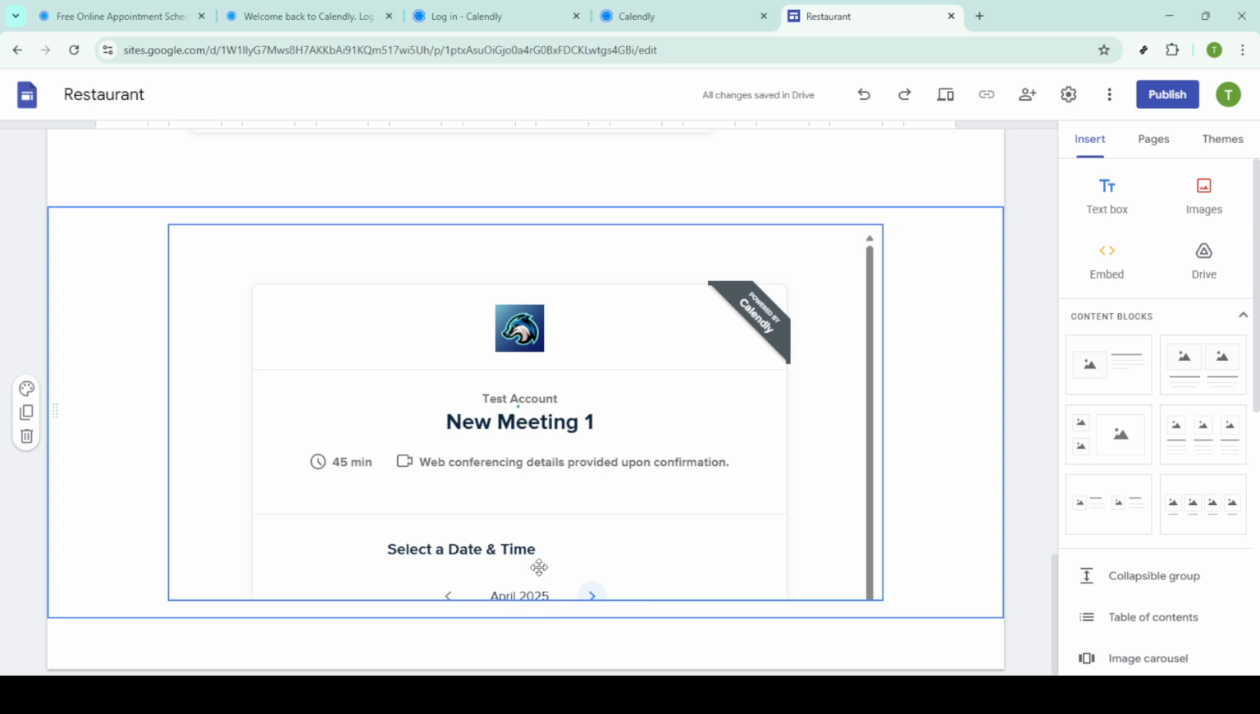And there you have it. Calendly is now seamlessly integrated into your website, making it easy and convenient for visitors to book meetings with you. By following these steps, you've enhanced your website's functionality and streamlined your scheduling process, setting both